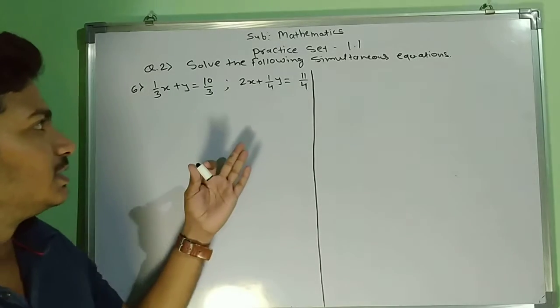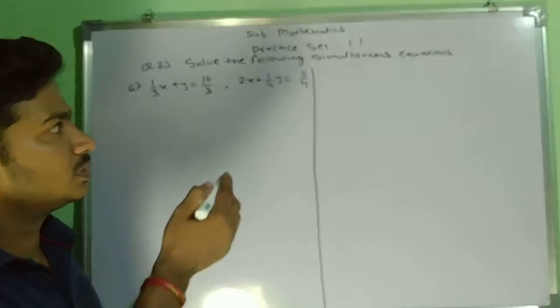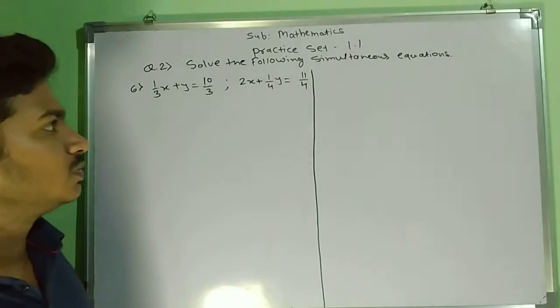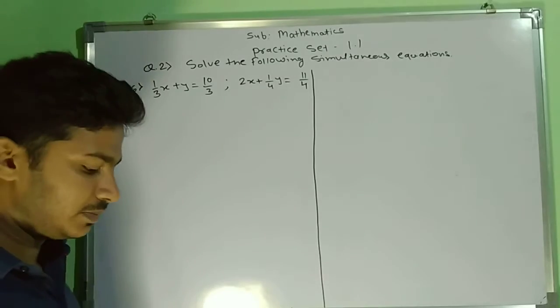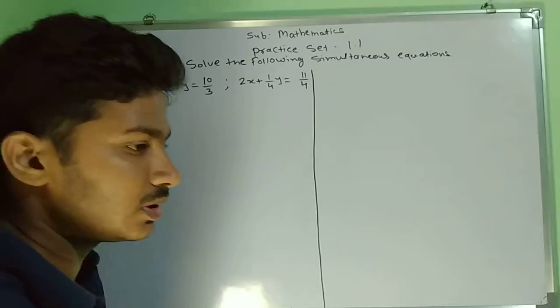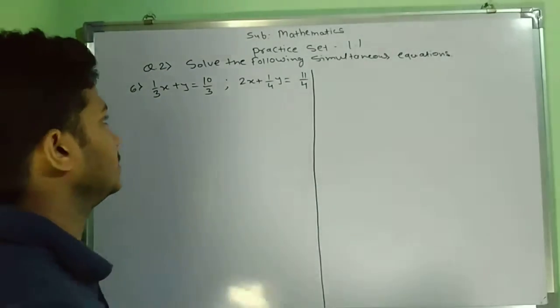So students, in the previous lecture, I had given you examples of Practice 1.1. Now look at the sixth example of question number 2. That example is a little bit of a different type, so I will try to solve that example over here. Just look on the board at how to solve that example.